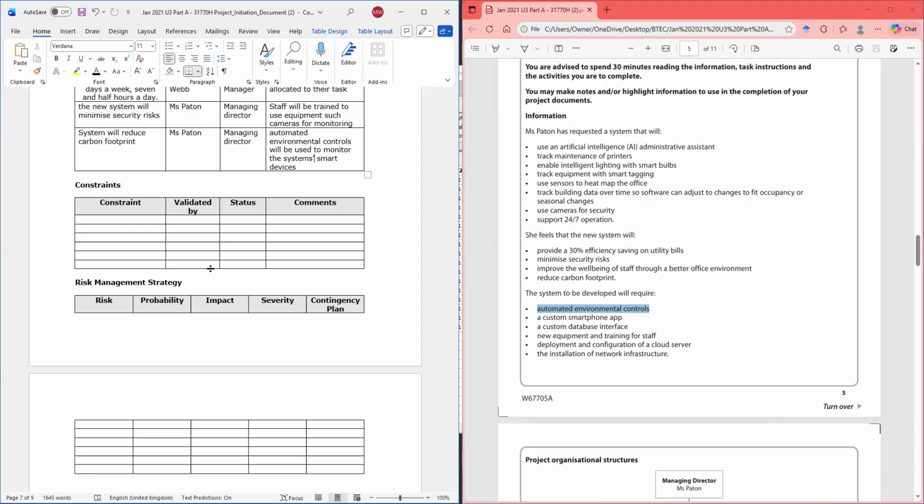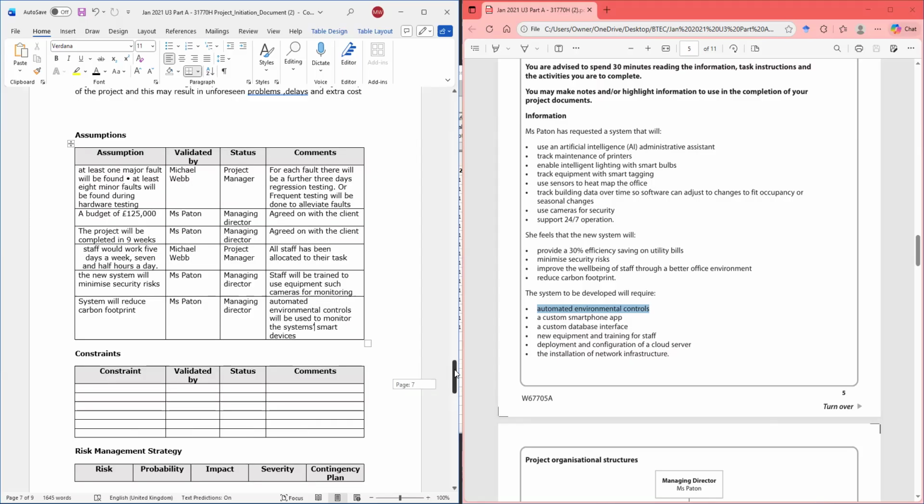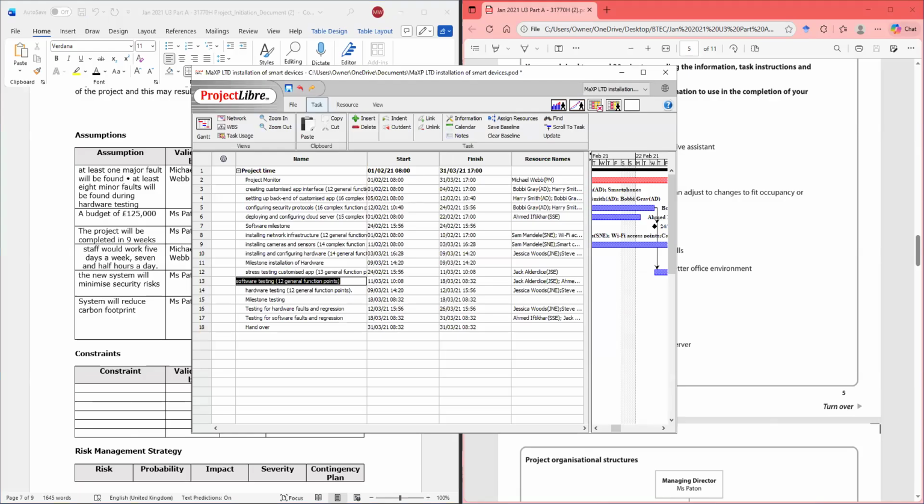Let us look at our Gantt chart, for example. Notice we've used the cost up here. We've used some of the time also. We can still use those, but let us look at our Gantt chart with the tasks, because this is pretty interesting.